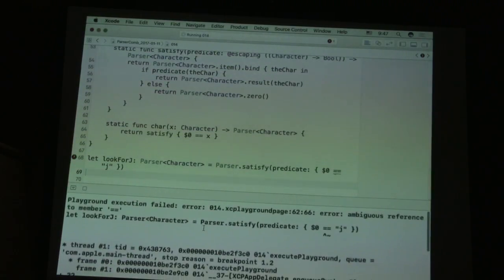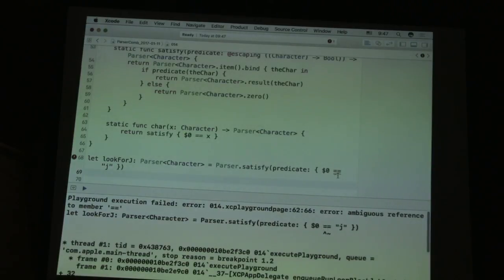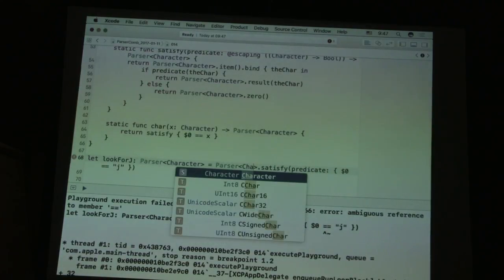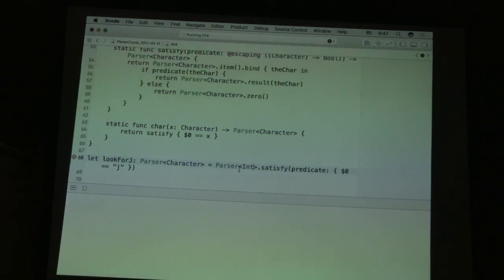Right? So what's the problem now? Satisfy predicate. It is the ending. Yes. Int is shorter. Well, int is slightly less offensive to me. There you go. But again, it doesn't really matter, and that's why I put any there, just to make the point that it could be anything. So now that I have this, and I call look for j,